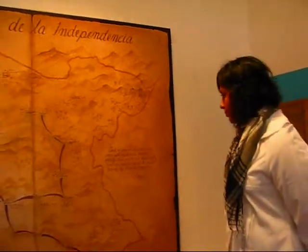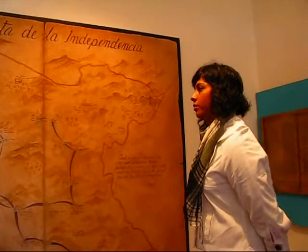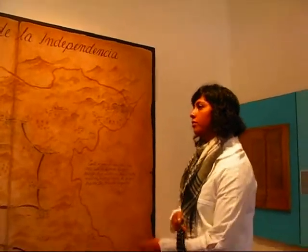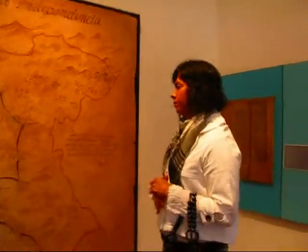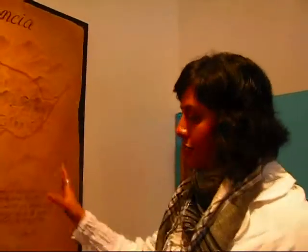I'm here today on February 6, 2010 in the History Museum inside La Alhóndiga in Guanajuato, Mexico. And my local expert Sujei is going to tell me a little bit what this map actually means. So here in this map we can appreciate the route that the priest Hidalgo followed before he actually started the big